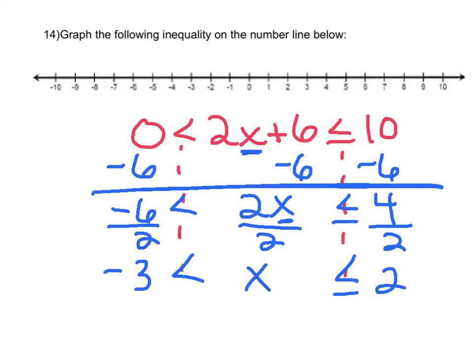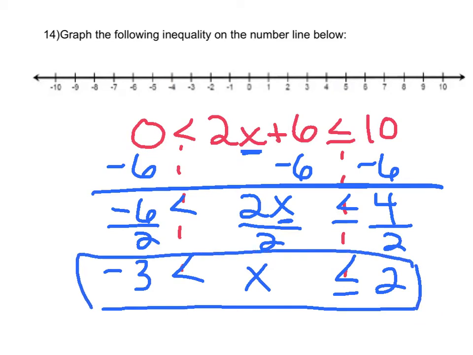and a 2. Alright, so now you can look at these again as two separate inequalities, but what you should identify is when things are written all as one like this, it's an and inequality. And means that you're going to have that bar that connects in the middle. Let's first take a look at this part right here. The x is greater than, because that open mouth is next to the x. So it's greater than -3, and it's going to be an open circle above your -3 because there's no or